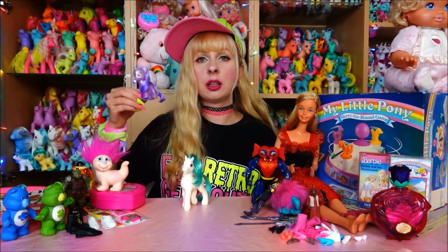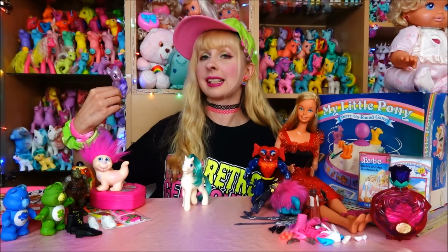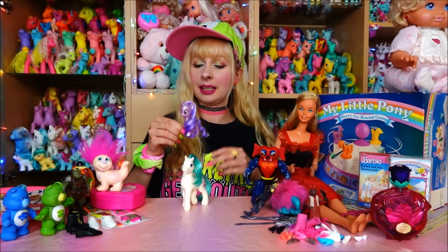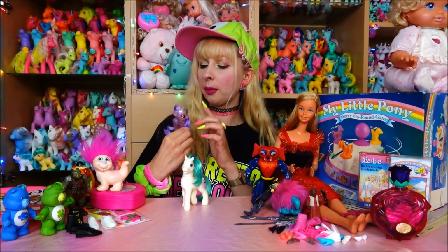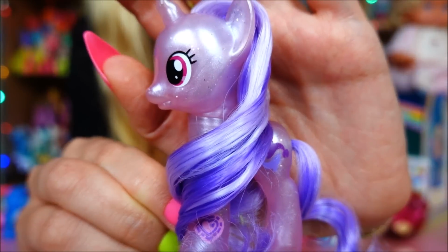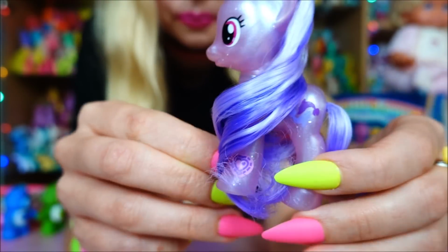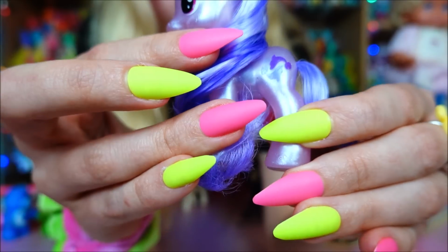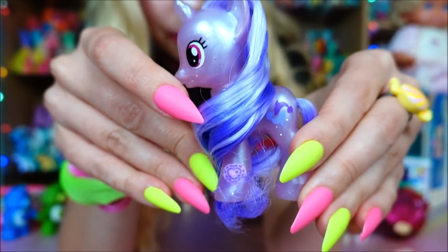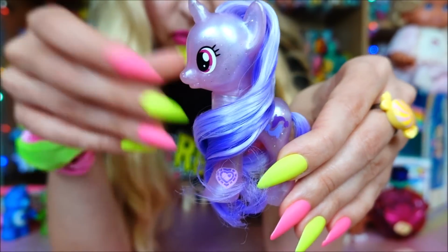Not super special, not a rare one of that line. It's from 2016, and it's probably the newest toy that I picked up that day. It's from the Pearlized Singles, and this is the character Seaswell. It has these 2 dolphins, and I really like the Pearlized ponies. They came out with this line of Pearlized Singles in the Explore Equestria 3rd wave,